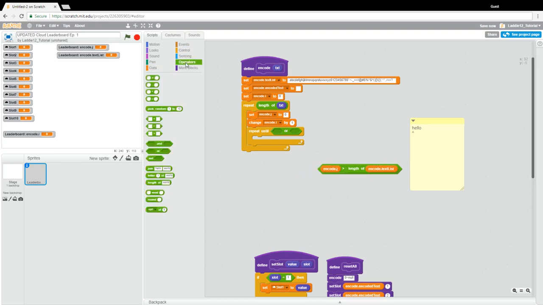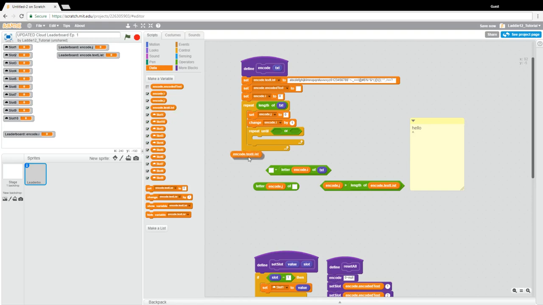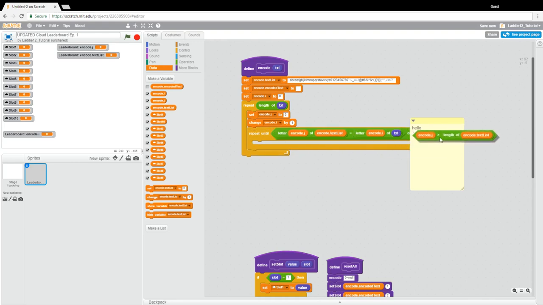And that's just a safeguard in case you put in a character that we don't have. Or we've got letter encode.I of text is equal to letter encode.j of text list. And that's because encode.I is looping through text, and encode.j is looping through this text list. So just make sure that you got those in line. And then you want to change